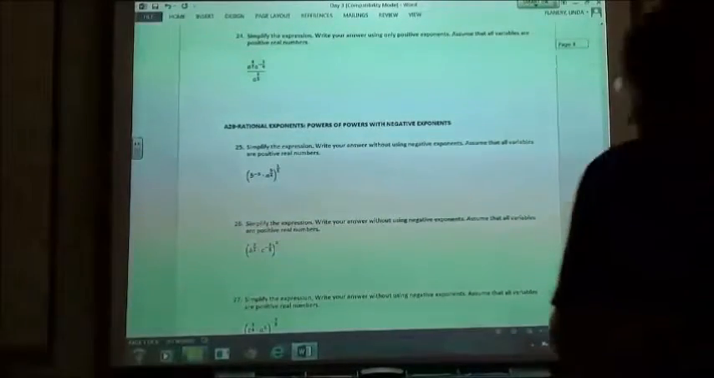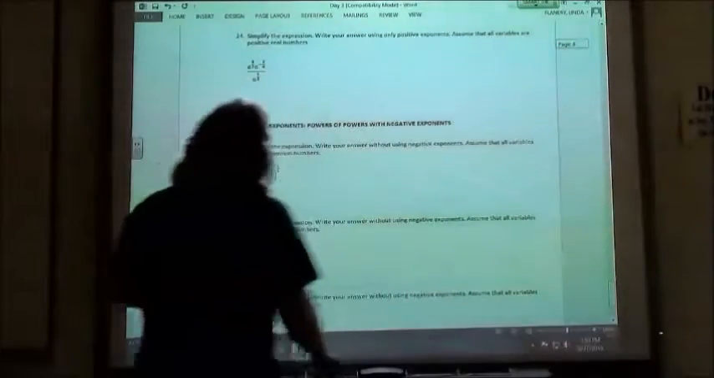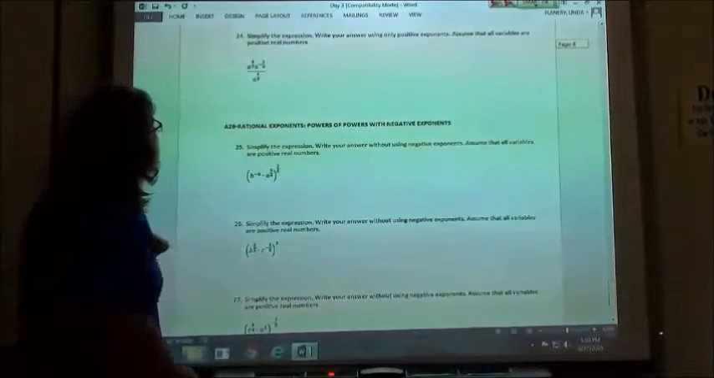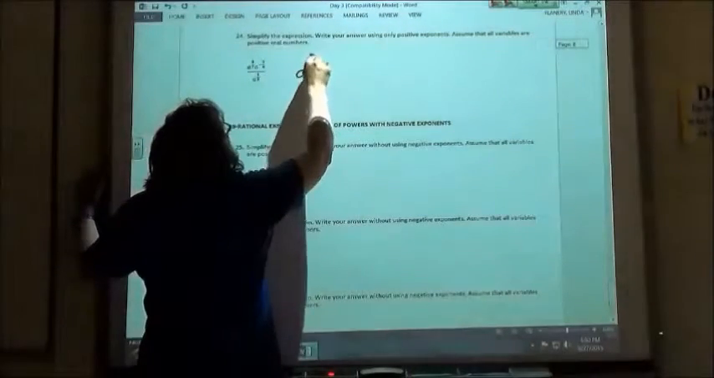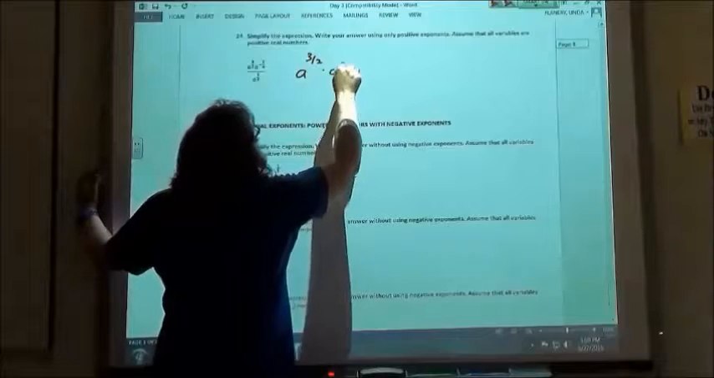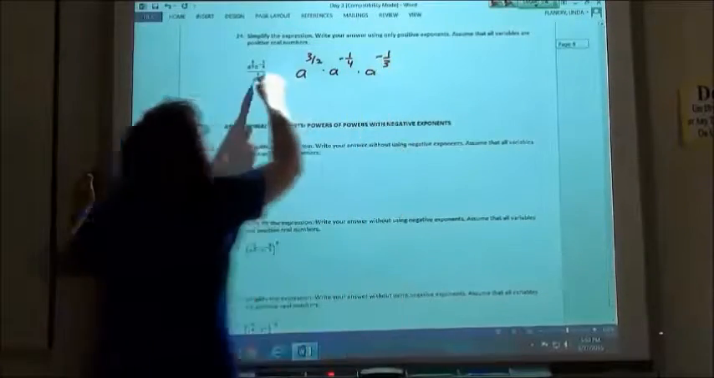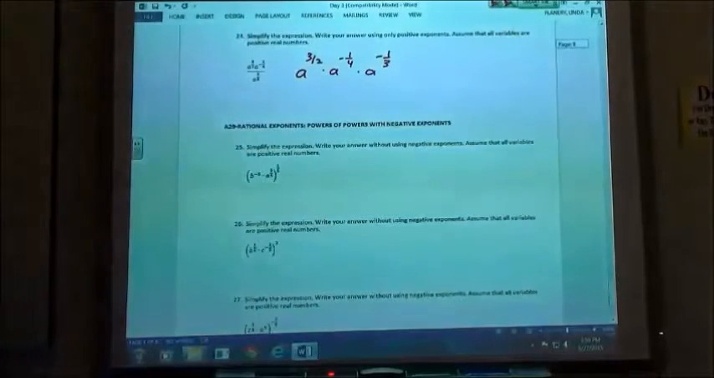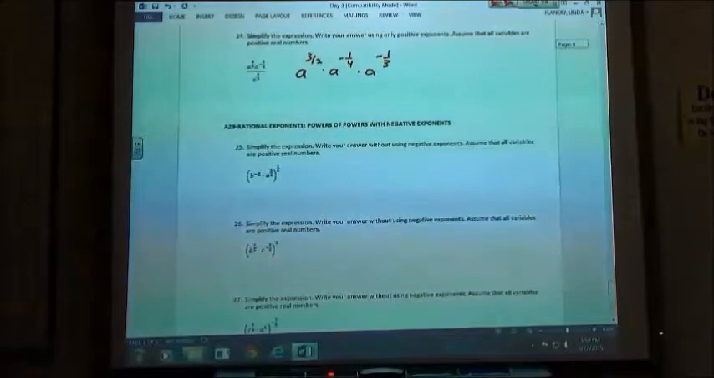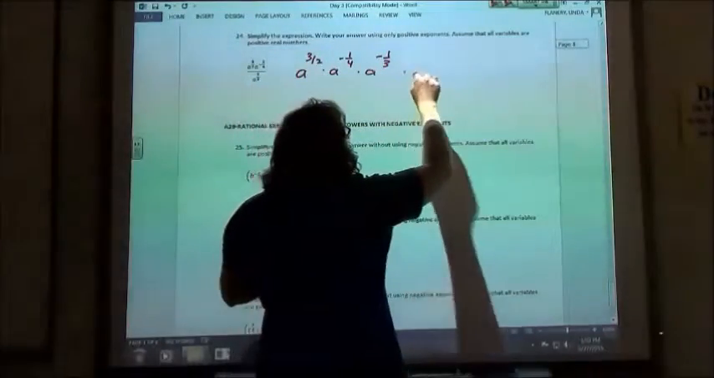Number 24, same kind of thing. I've got that one that's down on the bottom. I've got to move it up to the top by changing its sign. So I'm going to have a to the 3/2 times a to the minus 1/4 times a to the, and that's going to become a negative 1/3. My common denominator on that one looks like, again, I could use 12. And so